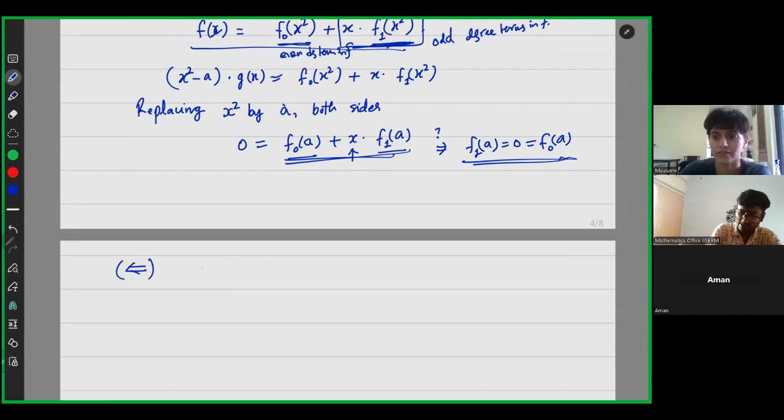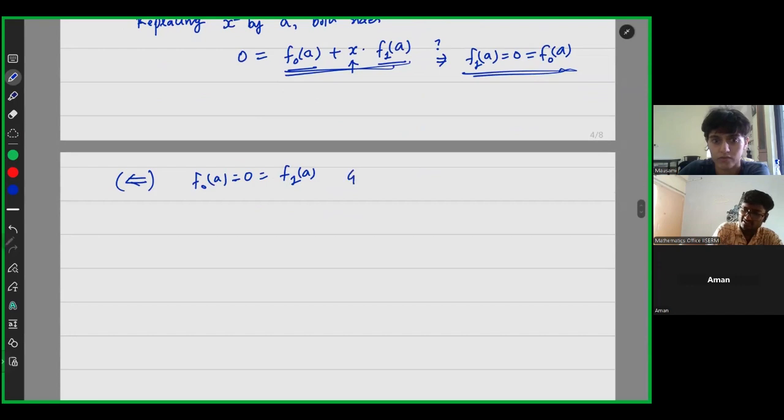Now we have f0 of a. They were all equivalent transformations. At every step, the transformations were equivalences, right? So this is given. Let me write it. Otherwise, there will be a little bit of mistake, I think. We want to